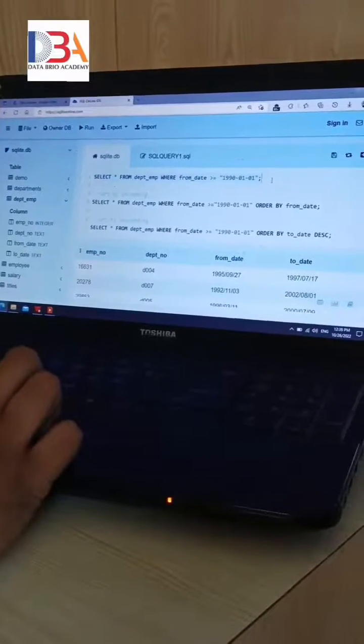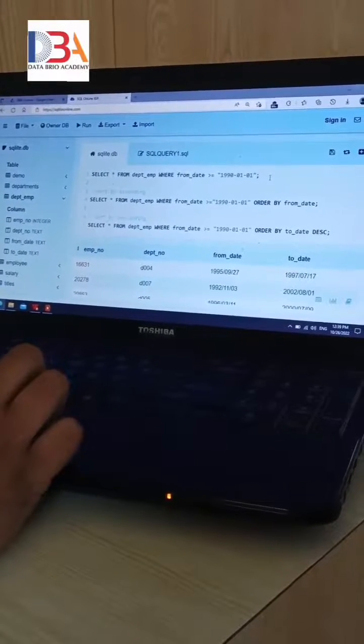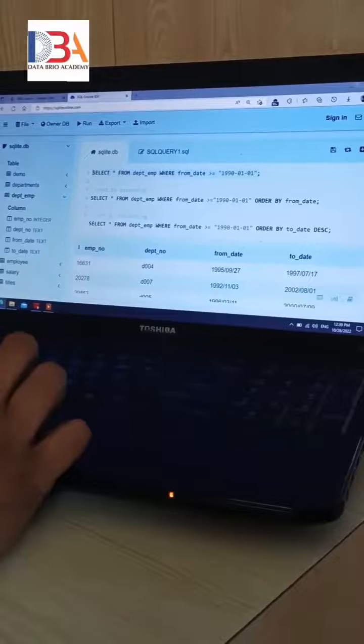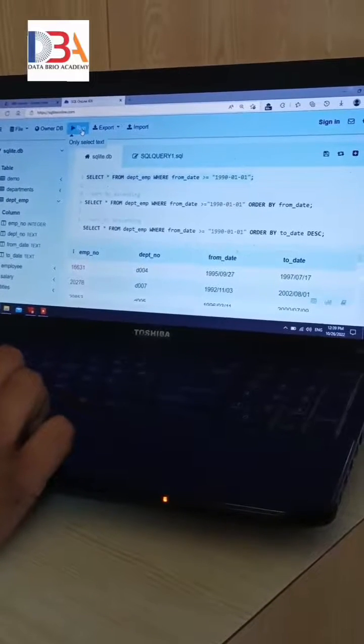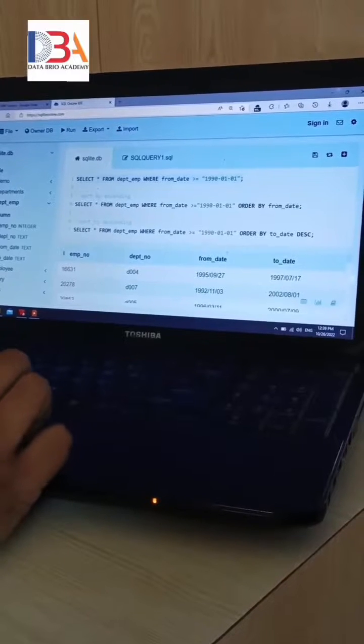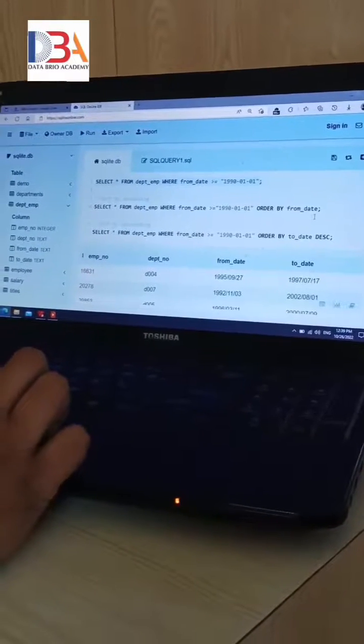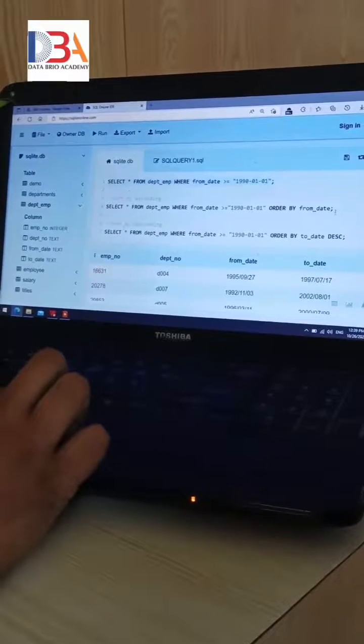Now, let us see all the records where the from date is given as 1st January 1990 and above. So we simply run the query. And as you can see, we've got a couple of results here. However, if we want to sort these results based on from date in ascending order, the only thing that we